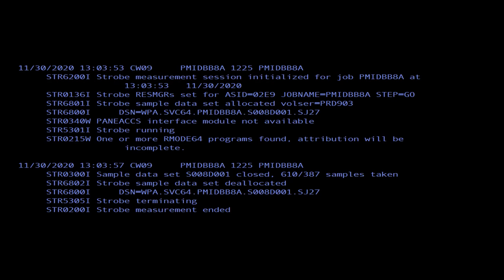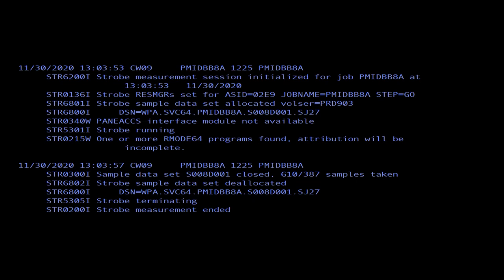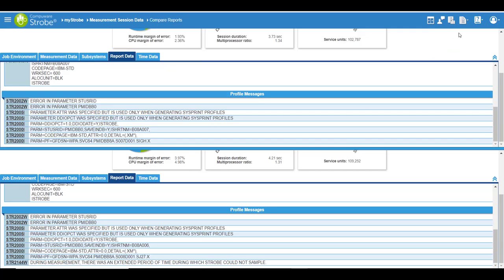Now when I look into the log, I can see from the release 18, there is a message. One or more are mode 64 programs found. Attributions will be incomplete. In release 2101, this message will no longer be there as we are able to access the 64-bit. I'll navigate to the program CPU report